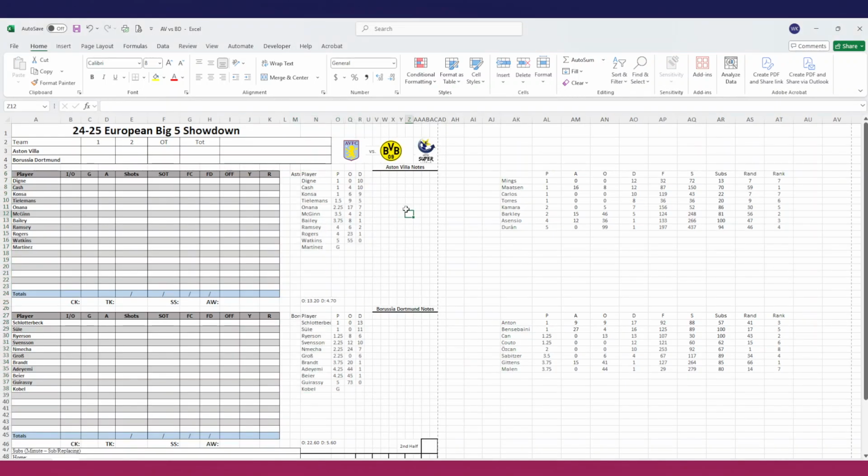The score sheet shows that Aston Villa is at 1.32 goals per game. Borussia Dortmund is at 2.26, so a significant 0.9 goals per game better. Defensively, Borussia Dortmund is better as well. So this is where that combination of shots and possession coefficient come into play. The subs are listed over here, so I will sub them out as well.